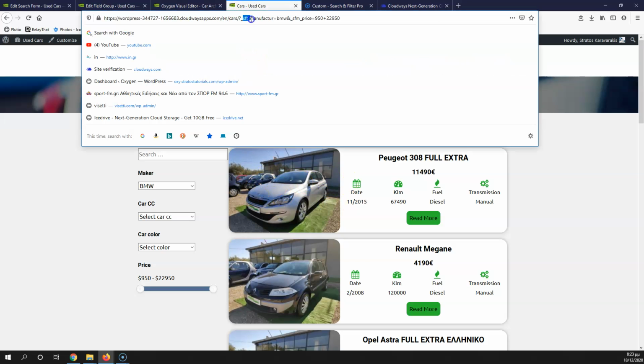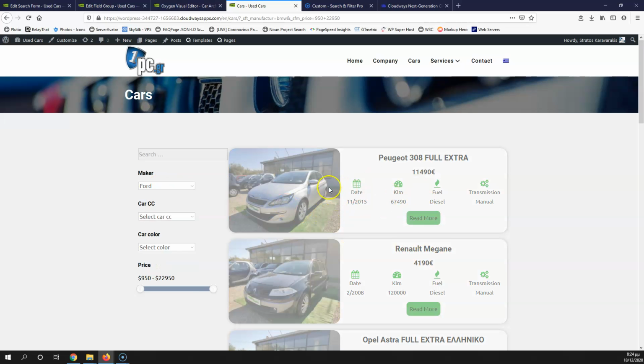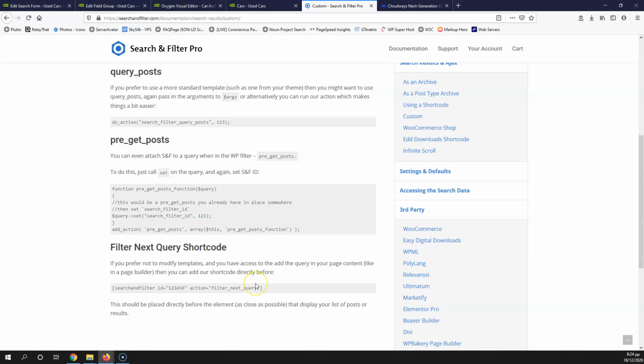The URL is going to change and it will be marked as manufacturer BMW, and this is why it says that it's bookmarkable. So it adds the filter in the URL, but as you can see, this is not changing. It's reloading the page, as you can see, not the page, the results, but it's not changing anything inside the cars. So this is what we're going to fix next with the shortcode that I showed before,